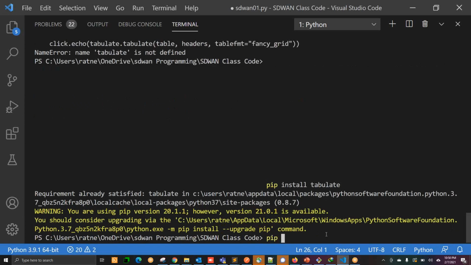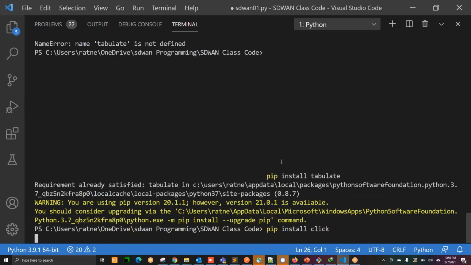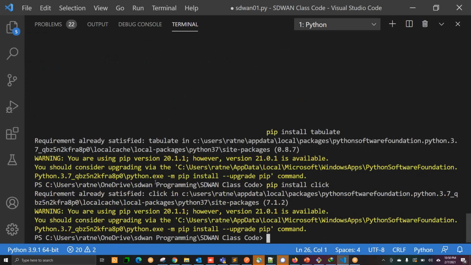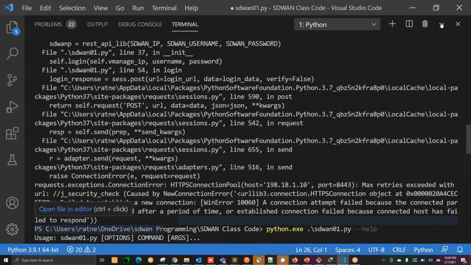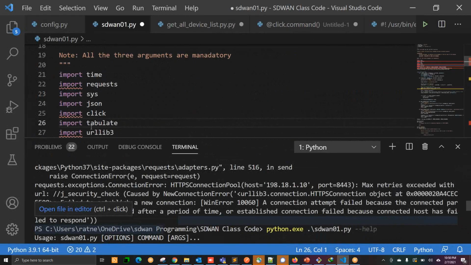Like if you want to install pip install click, those things are already there. That's why it is not installing it. But in future we have to install some sort of packages, and the command is pip install and the package name. Pip is nothing but the Python package installer with which you can install any type of modules. So now we have this.